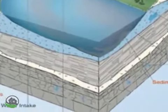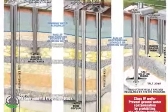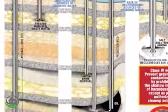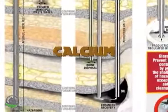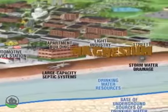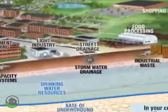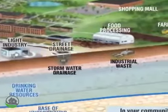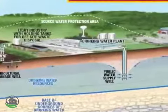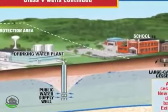Now the water begins to soak into the ground, and as it works its way down towards the aquifer, it dissolves a little bit of everything it contacts. Calcium, iron, magnesium, hydrogen sulfide, mercury, salinity, and countless other substances that are in the ground end up in our drinking water. The soup is almost ready to serve, but now we pump this water up to the surface, filter